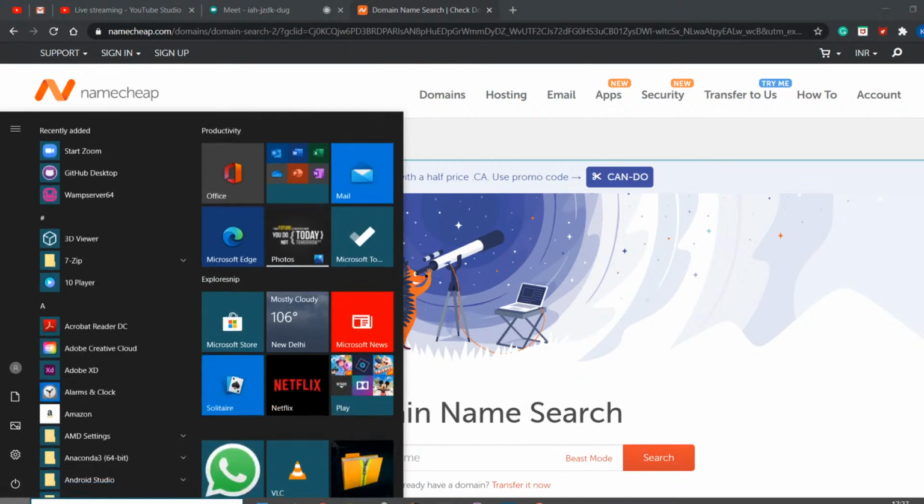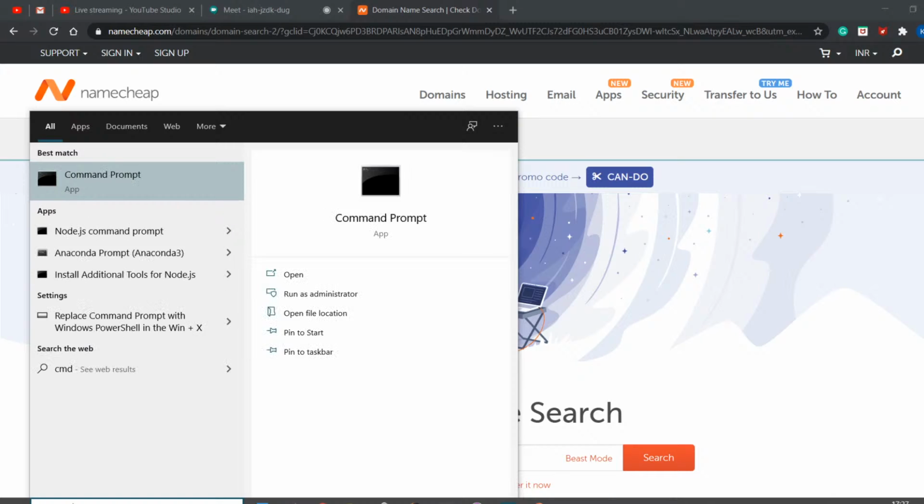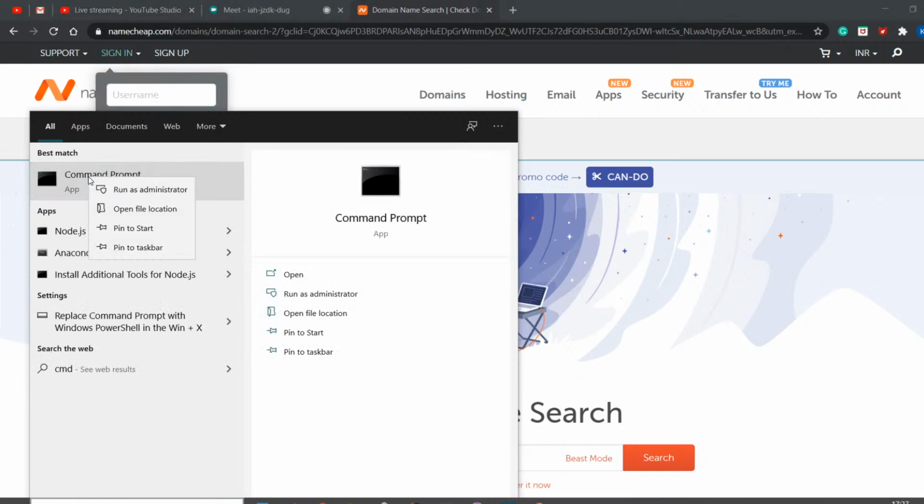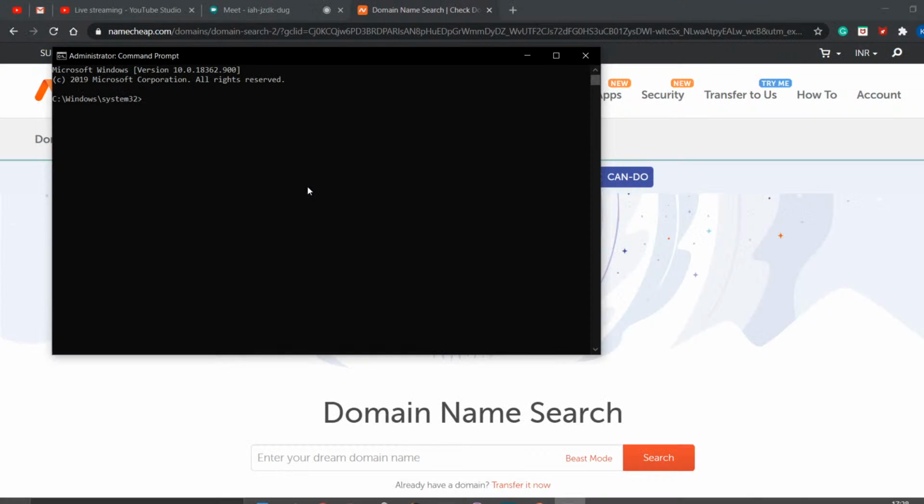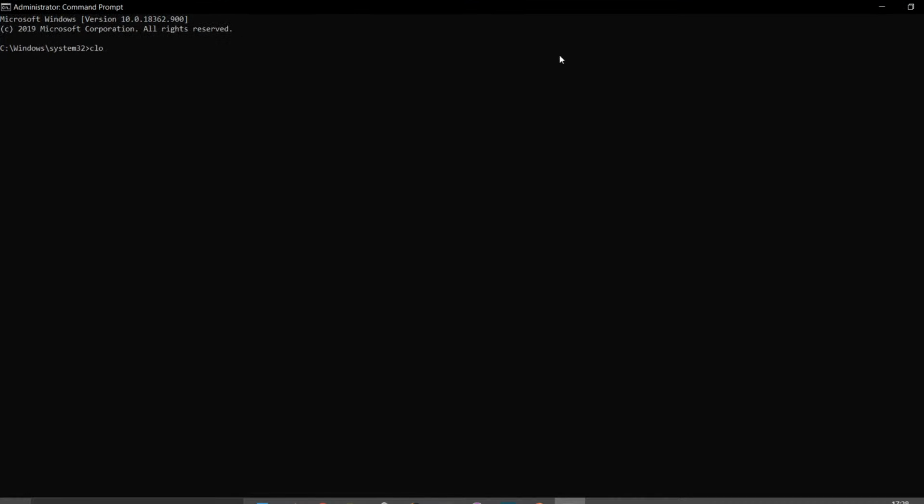These are the names for the channels that are used here. For example, I'm using a command prompt here. Okay, I'll just run as admin. If you ask me, okay, you are saying google.com, but how do you know about the IP address, right? I will just show you.